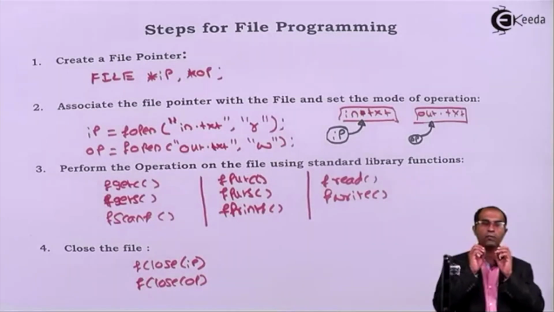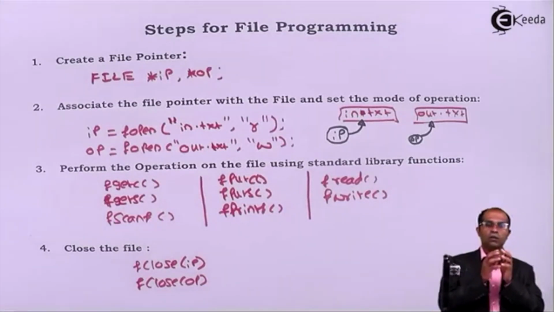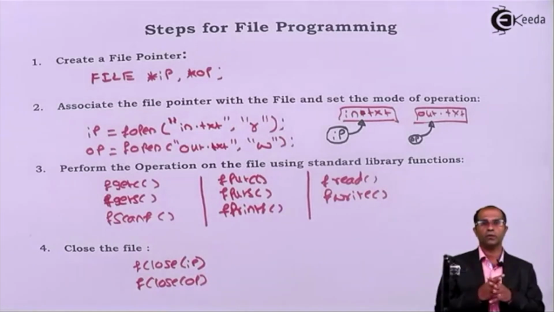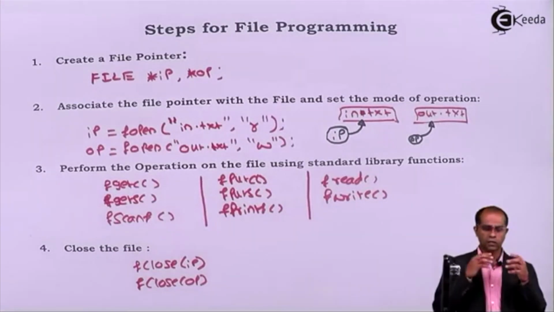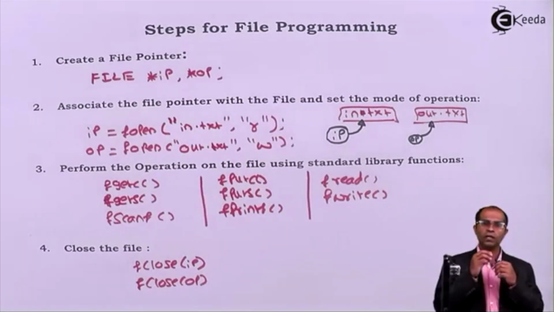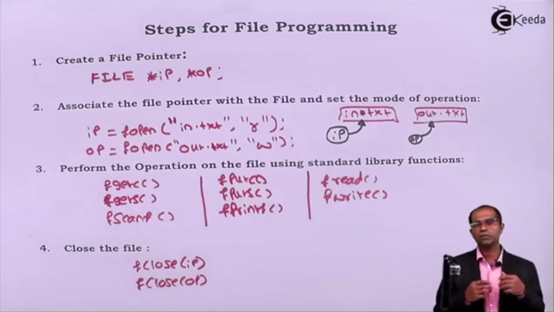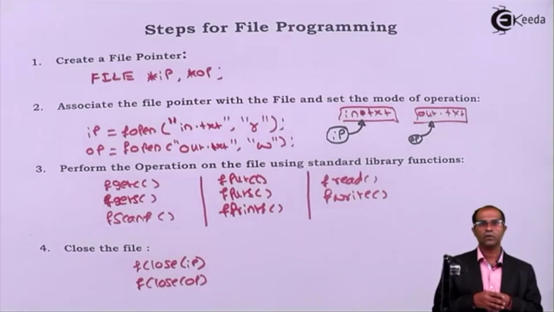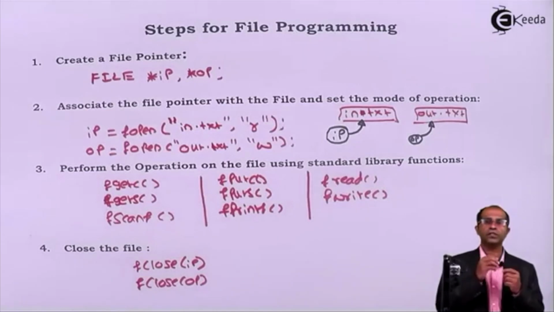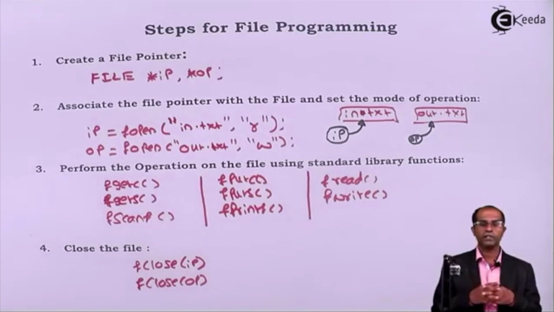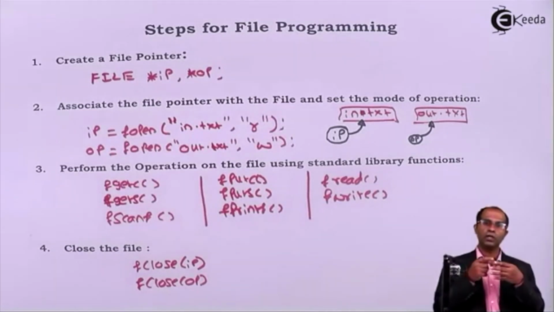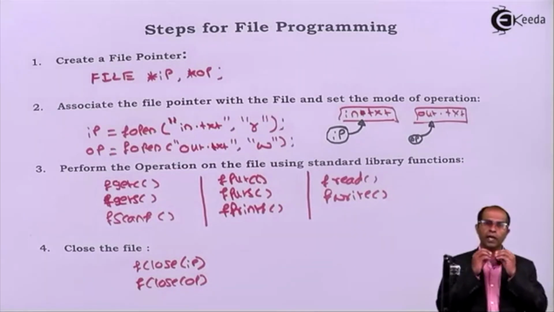It is always a proper practice to close the files before you end the program. Even if I don't do that, the system does the closing operation automatically. But there might be a chance that while closing these files, the system may corrupt them. So why are we allowing the system to do that operation? Why don't we close manually using these functions? So these are the 4 operations which you are supposed to do in sequence to perform any operations on the